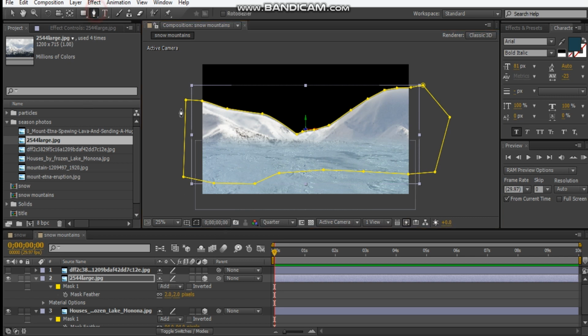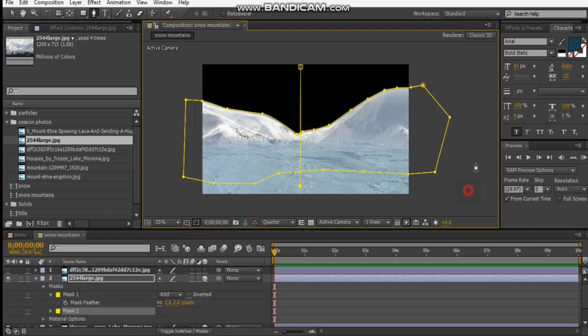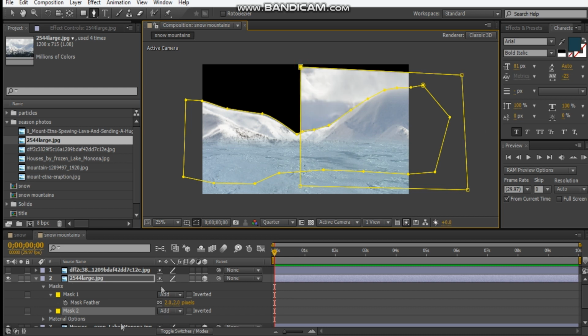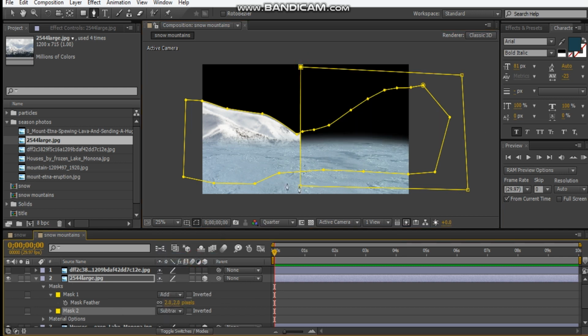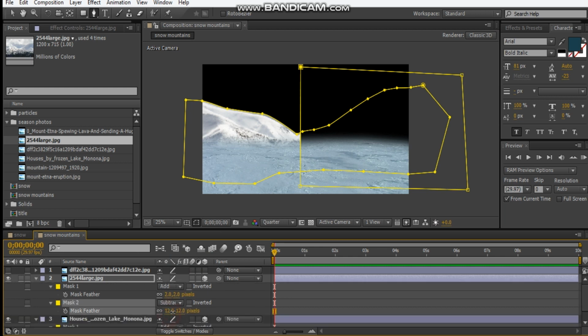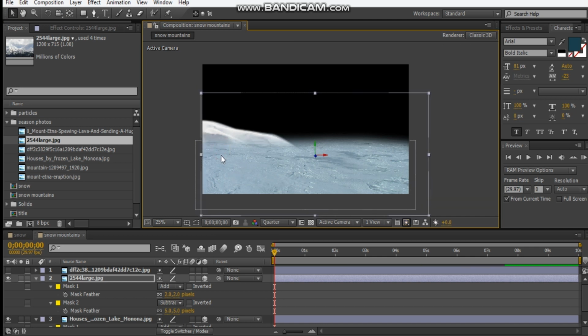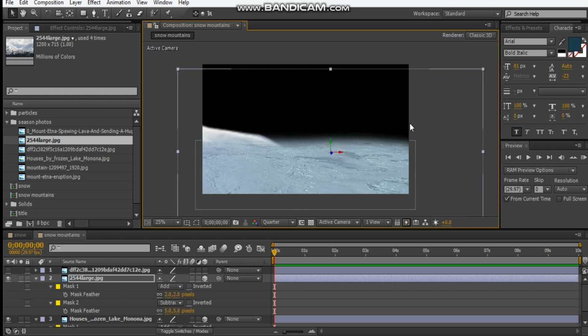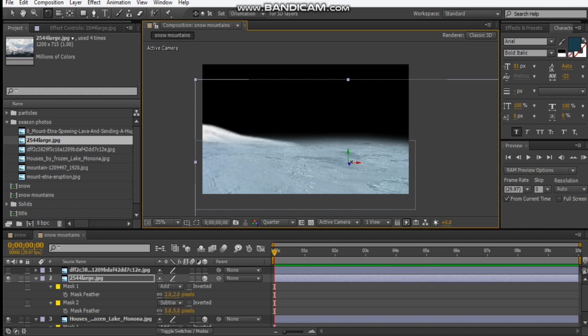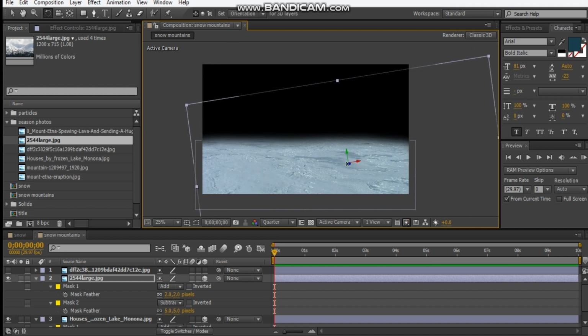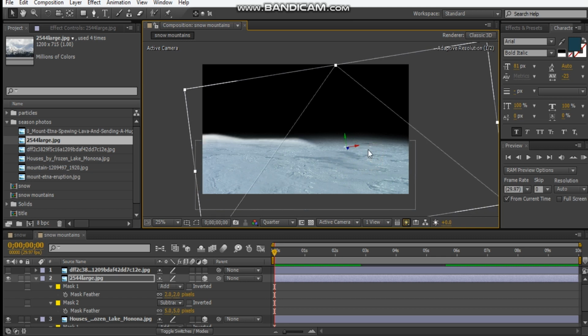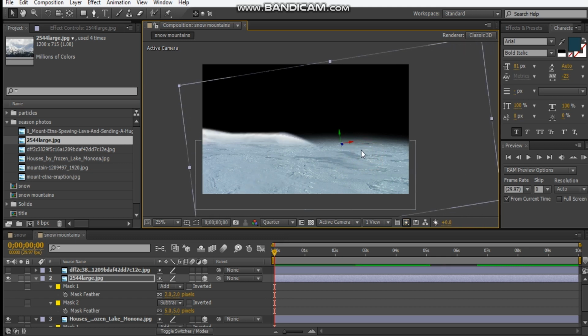Okay, and then we're going to get the mask tool again and just draw a nice slice in the center here. And then we want to subtract this part. Okay, and hit F. Maybe feather it out, maybe 5 pixels. Okay, and let's just position this so that it's a little bit hilly. Maybe we could scale it up so it looks like a little avalanche on this side, like this,